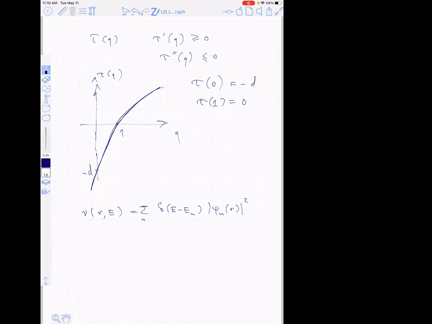I now want to think about a somewhat smeared structure in the spectrum. The way to do it is to think about an open system. Instead of a closed system, I open the system slightly so that the energy levels acquire a finite lifetime. Then the smeared density of states will look like this: each delta function will be replaced by a Lorentzian for the corresponding level.